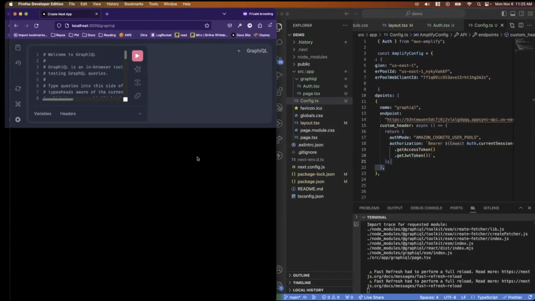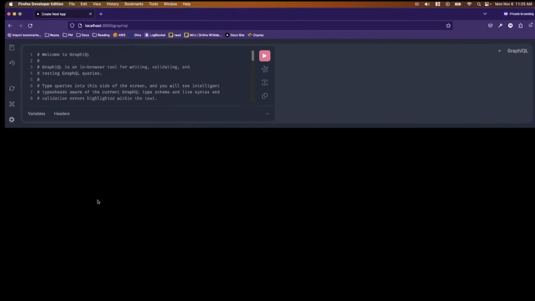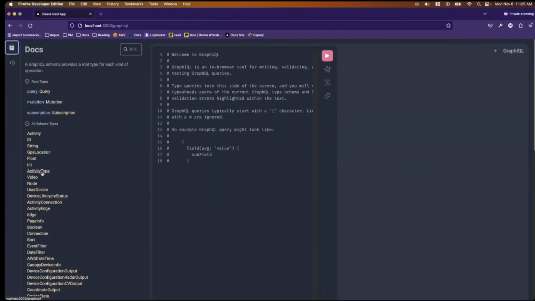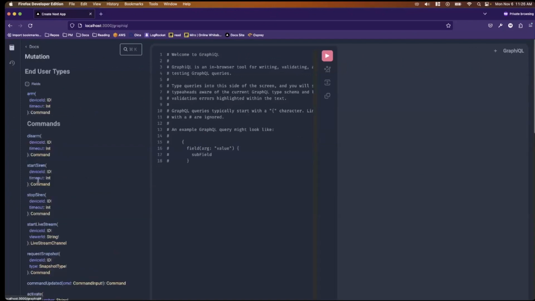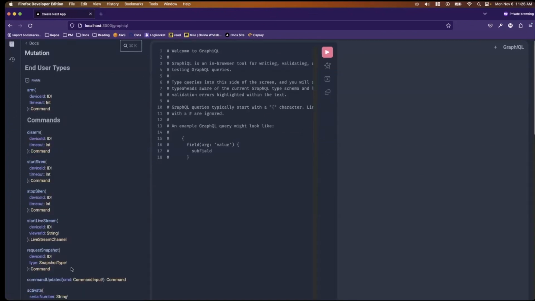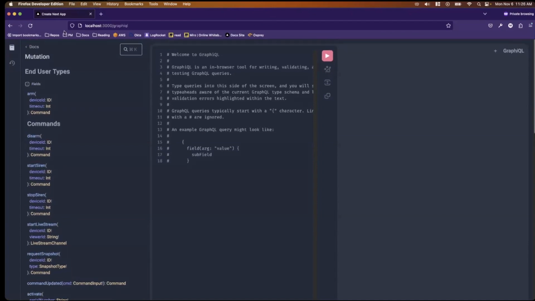And I saved, so we got a hot reload, and you can see that the error message here is now cleared because now we're attaching our authorization header. And if I go ahead and take a look at the documentation, you can see that this is actually now filled out with our schema details of our API. So as I said, this is just a test environment. I don't actually have any test data here, but because we have the queries, mutations, and subscriptions defined,